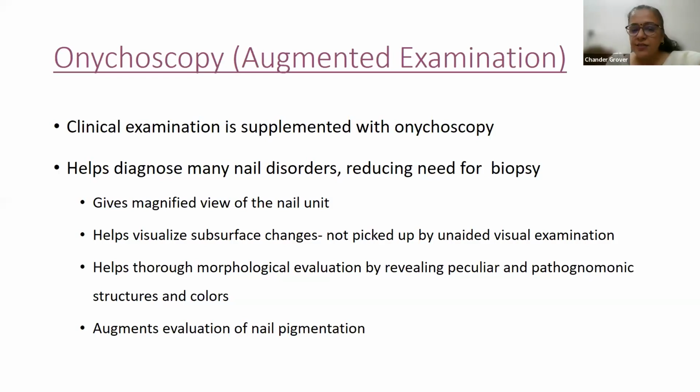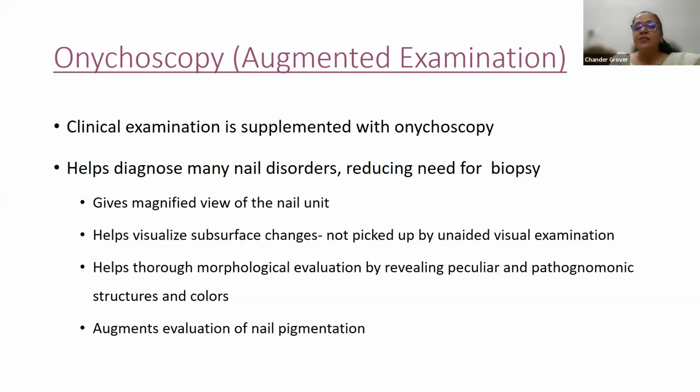But here is just a series of pictures to show you what difference onychoscopy makes. This is the same nail. I've enlarged the clinical photograph. What you will see with the eye and what you will see with the onychoscope is starkly different. You will see the regular edges of the pigmented band. You will see the edge of the onycholysis more clearly. Here you see the pigment here is external. It's not inside. Here you may have still thought of it as a salmon patch, but here it is clearly external.